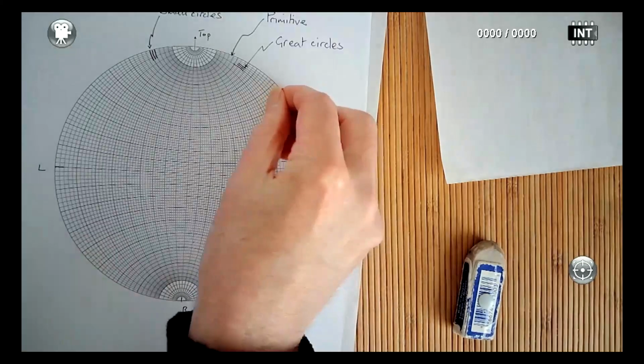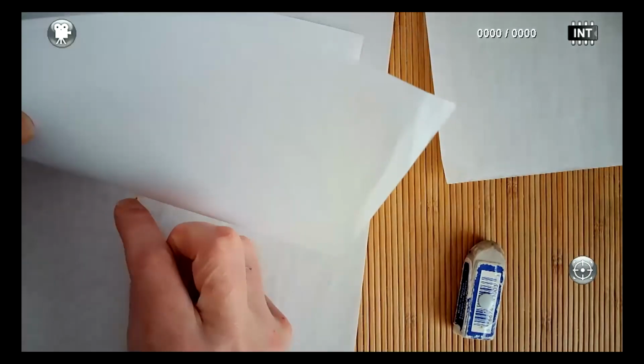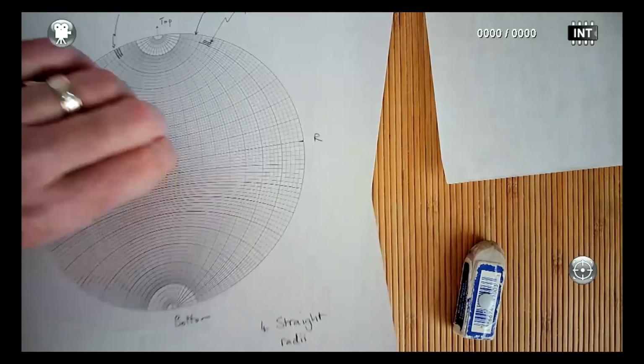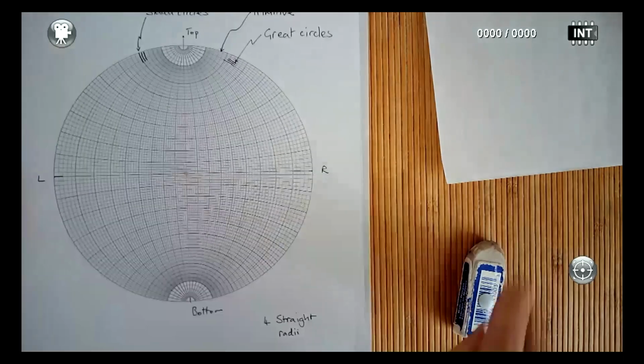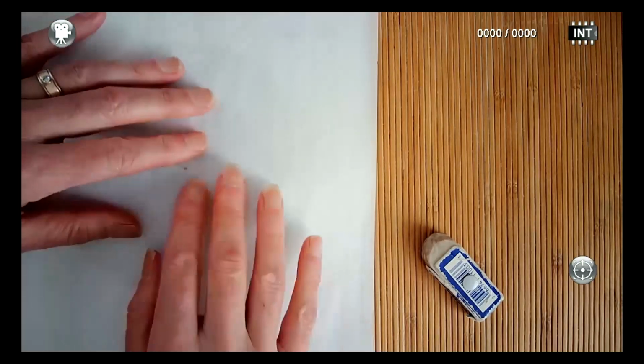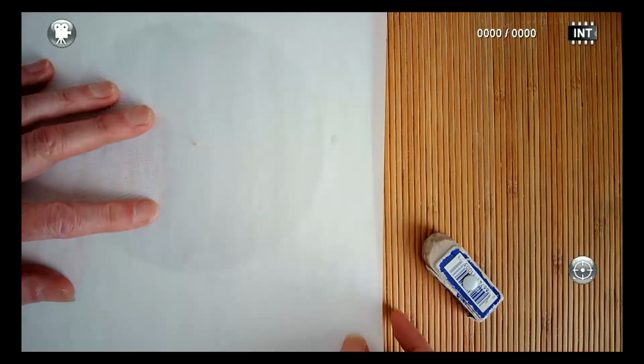So you may be wondering what this is for. In the traditional method, which I'm happy to show people, we would put our thumbtack through the middle of our net, and we would put a sheet of tracing paper over the top, make a little hole in the center, and then we would do our constructions on a sheet of paper sitting on top of the net, using it underneath as our measuring device. That sometimes gets a little confusing, and one of the